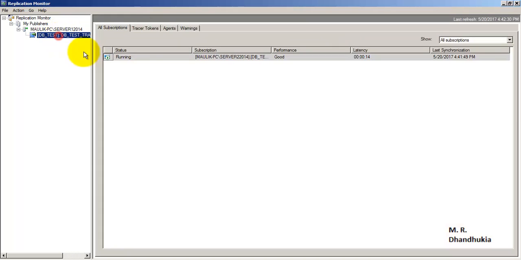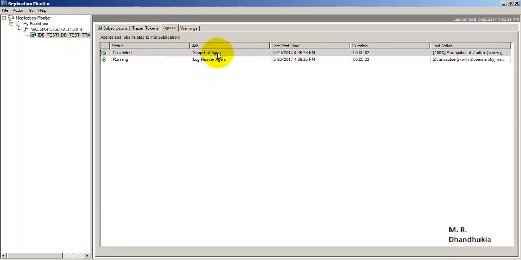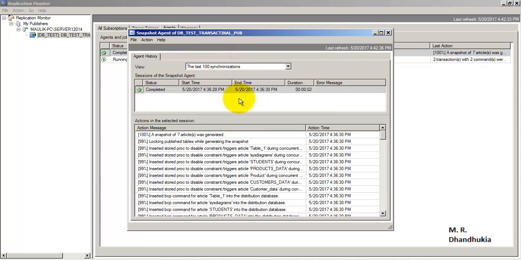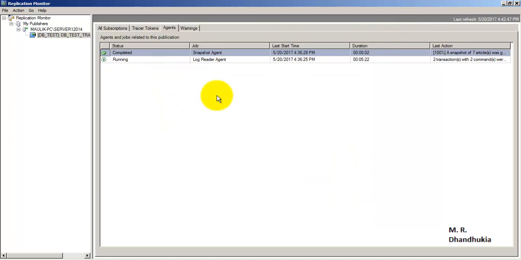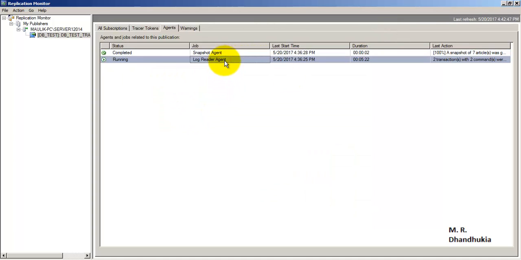That was the first part. Now if you come to the agents, you can find the snapshot agent. This ran only once, and based on this snapshot the subscription database was initialized. After that only the log reader agent is running.